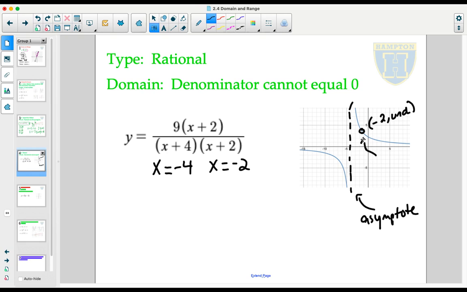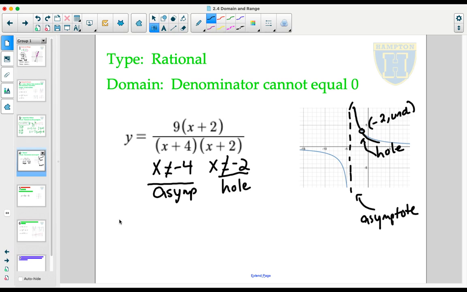This is called a hole. It is one individual location along a pattern that does not exist given the characteristics of the function. It's called a hole because it is literally a missing spot in the graph. Everything around it is perfectly fine, all the way up to it and all the way after it, but there is that one individual spot where there is a hole. Because x is not allowed to be -4 and x is not allowed to be -2, thanks to the asymptote and the hole,